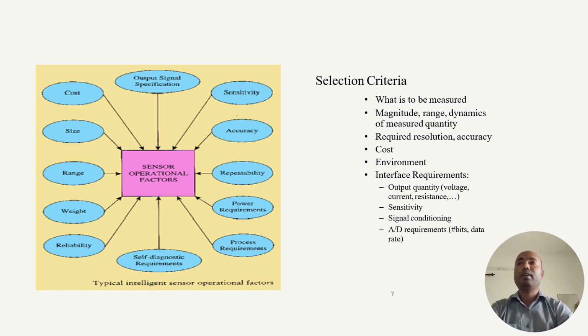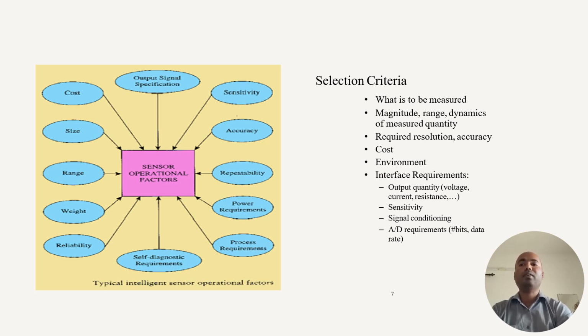For example, if you take temperature sensors, we have two options like thermocouple and thermistor. A thermistor can measure temperature up to 100 degrees Celsius. So that is used for measurement of fuel temperature. But if you want to measure the exhaust gas temperature or combustion temperature, the range of the thermistor is too low, for which we have to go for thermocouples. Thermocouples are capable of measuring the combustion temperature. So it is a very good example.